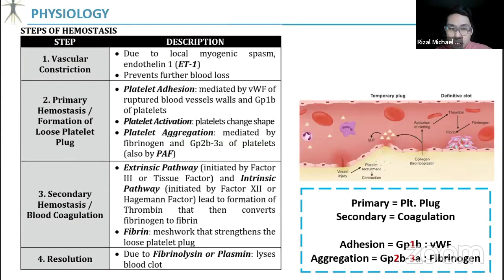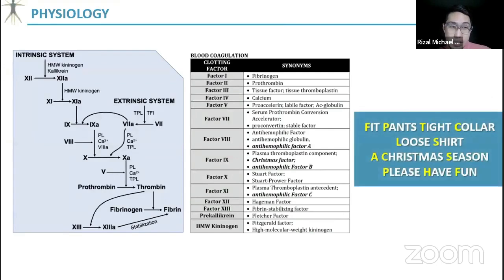Okay, so important, GP1B, sa baba guys, GP1B is for adhesion. 2B3A is for aggregation. So around this time, I'm just pointing out yung mga important details, ha? Kasi ito yung mga nooks and crannies as Dr. Broly taught us, no? Ito yung mga nooks and crannies na usually hindi natin napapansin pero tinatanong nila. Okay? 1B, adhesion. 2B3A is aggregation. And then we have the clotting factors. So this is my mnemonic when I was studying. So my medtech friends taught me this. So you have your own mnemonic for this one, pero this is what I use, no? So these are the blood coagulation factors.